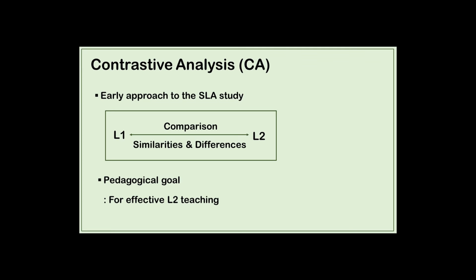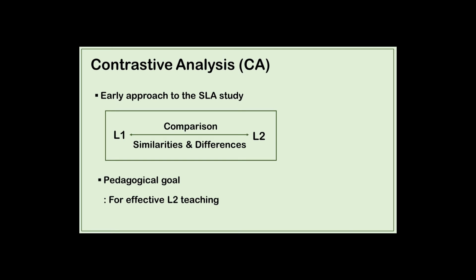CA compares the surface structure of learners' L1 and L2 and tries to find the similarities and differences between two languages. Through this process of comparison between learners' L1 and L2, CA predicts and explains the L2 learners' difficulties and